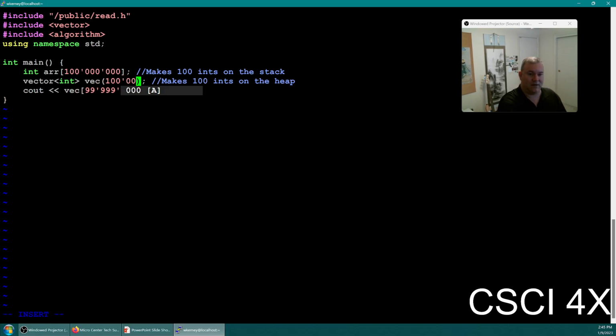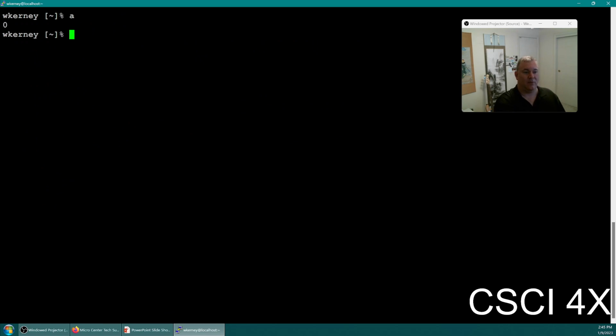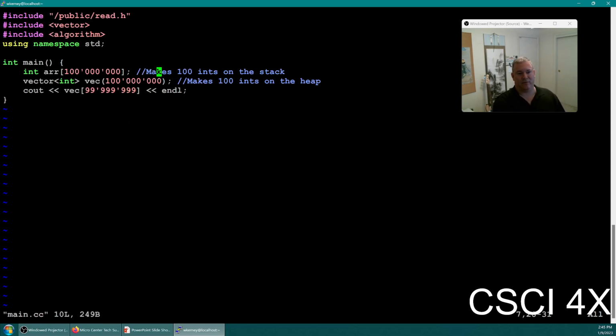Whereas if we did this with a vector, make the vector 400 megs as well, it works fine. And the vector also initializes itself. So there's a lot of differences between arrays and vectors. They're basically the same idea. It's a contiguous array of memory in both cases, but vectors, like I said, are just arrays 2.0. They're just better